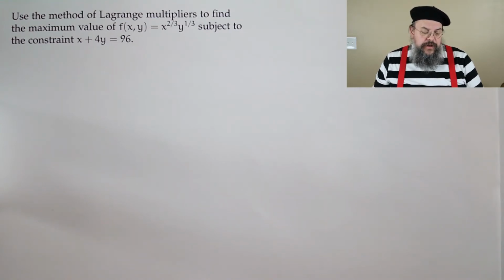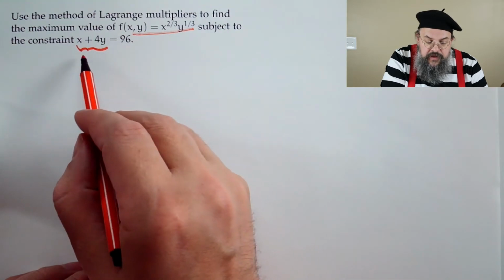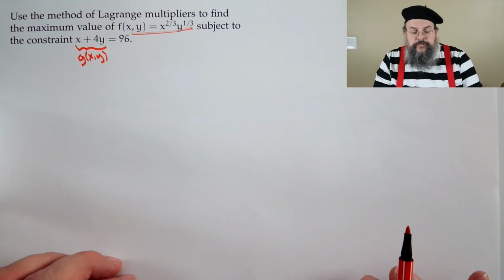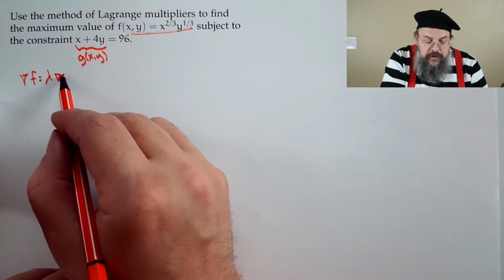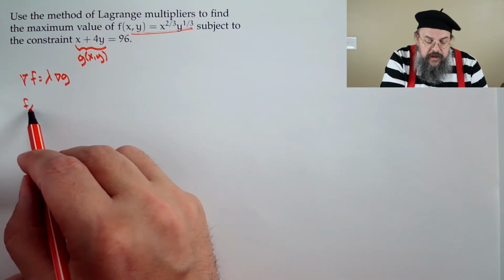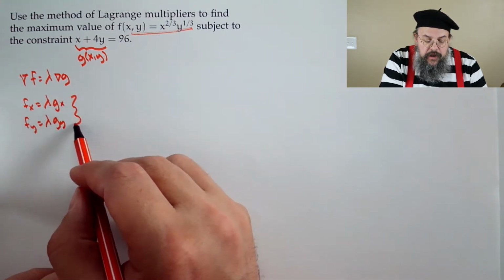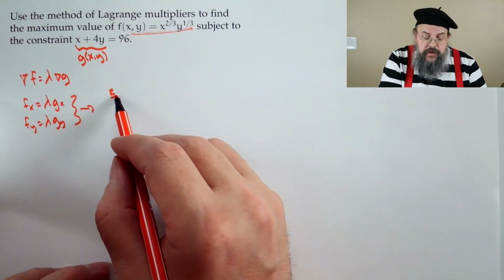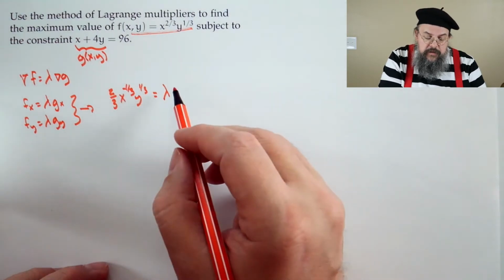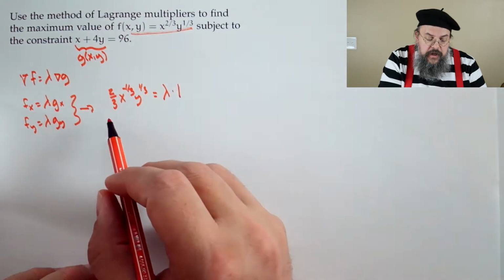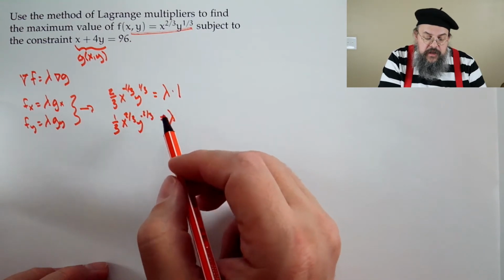Okay, so if we do our process here, we see, okay, that's what we're trying to optimize. Great. And we have our constraint. So this part is our function g of x, y. Now, running through the process of setting up our gradients. Gradient of f is lambda gradient of g. So that really means f_x equals lambda g_x, f_y equals lambda g_y. Well, taking the derivative with respect to x, 2/3 x to the minus 1/3 y to the 1/3 is equal to lambda g sub x, which is 1. And similarly, f_y, 1/3 x to the 2/3 y to the minus 2/3 is equal to lambda, and g sub y